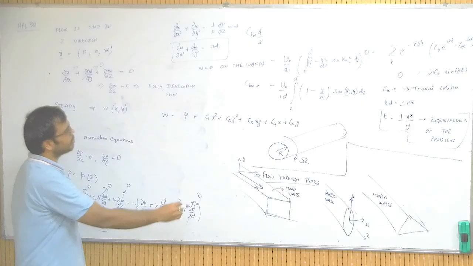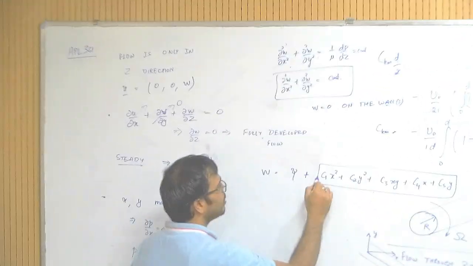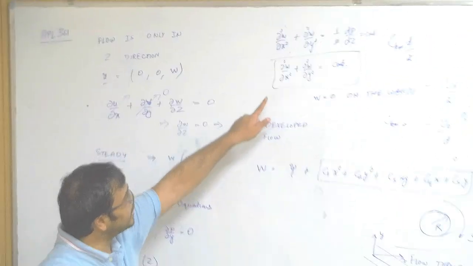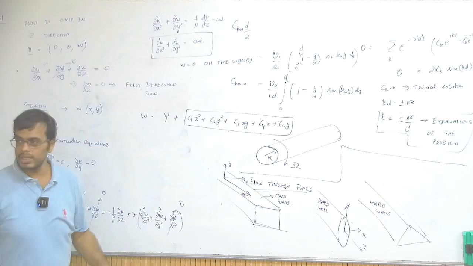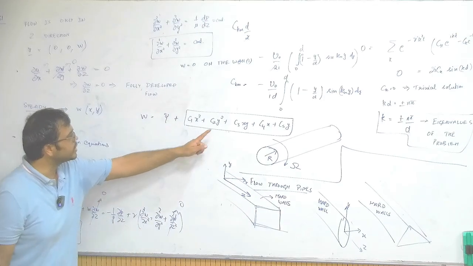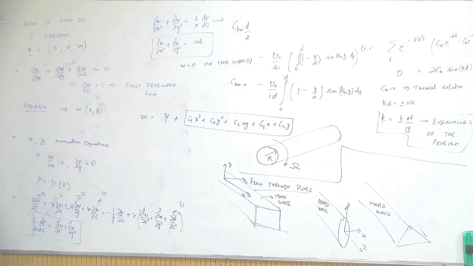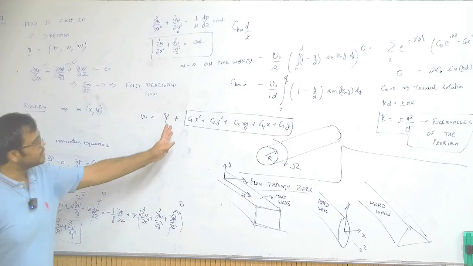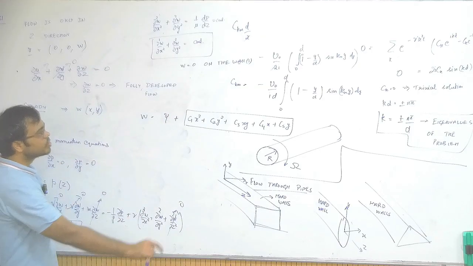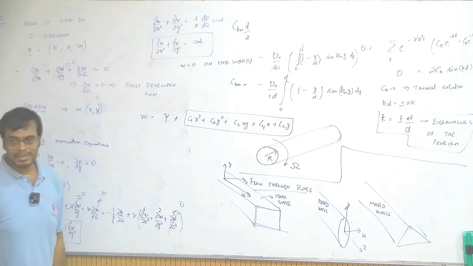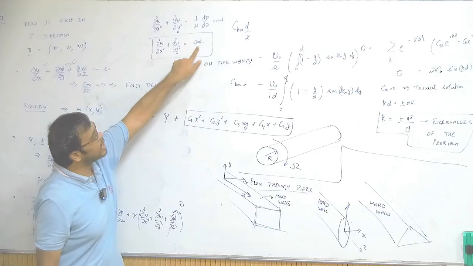An interesting thing about this function is the Laplacian, del square by del x square plus del square by del y square, of this function. What is the Laplacian of this function? It is 2c1 plus 2c2. It's a constant. Laplacian of this function is a constant. These c3, c4, c5 are arbitrary, they can be whatever. So if I pick my c1 plus c2 such that c1 plus c2 equals half of this constant,